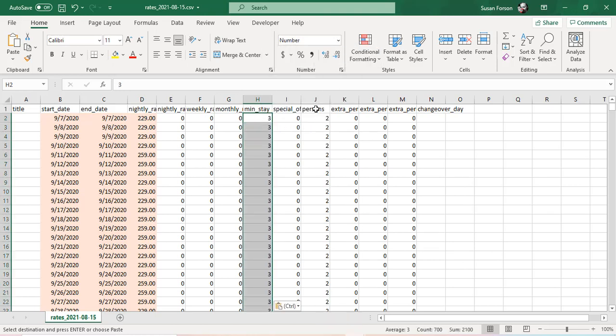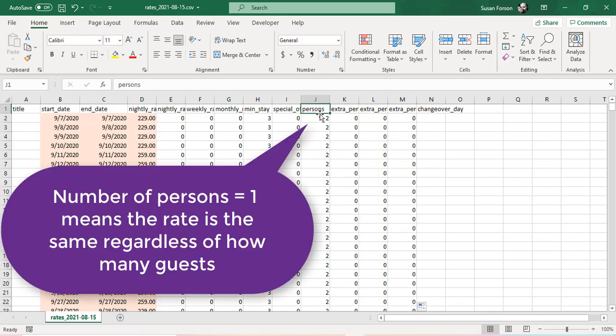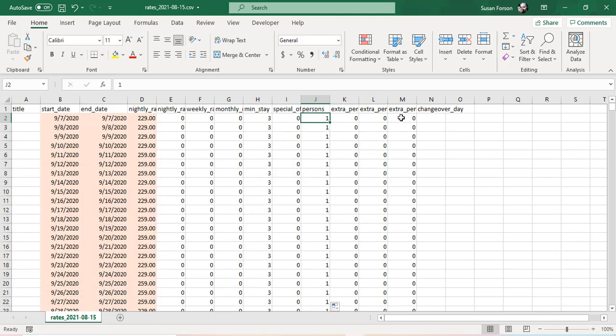Now, if there is an extra per person charge, that is not supported with the OwnerRez model, so these would all be 0 here, just 0 from here down. And then the number of persons, usually the default is just 1. So if you set that to just be 1 person all the way down, meaning if it's 1 or more, the rate is the same. It doesn't matter how many people are there. So at this point, I'll just save my table